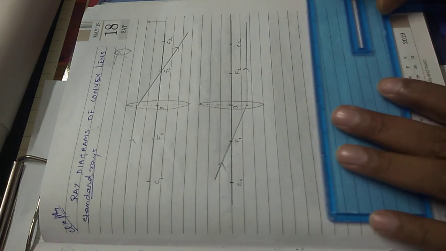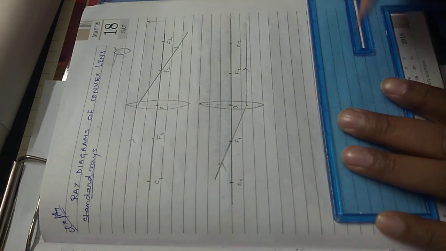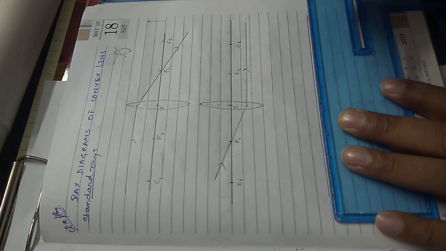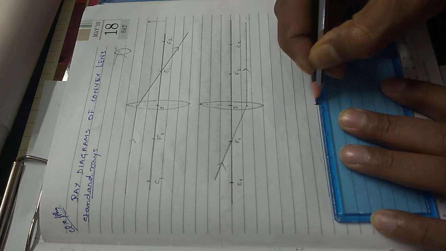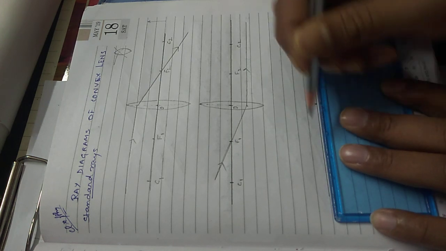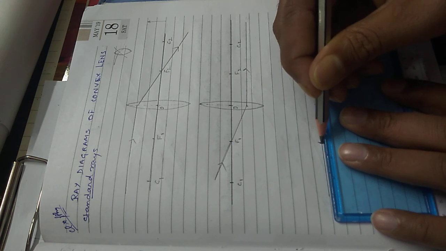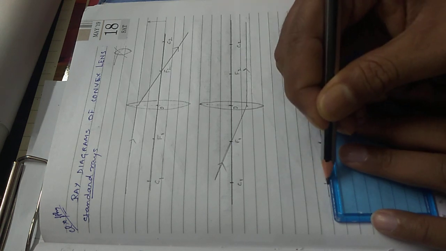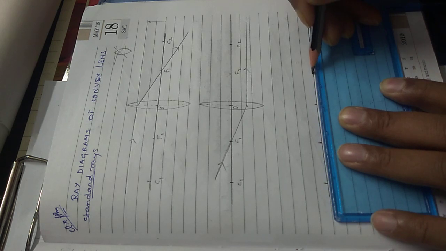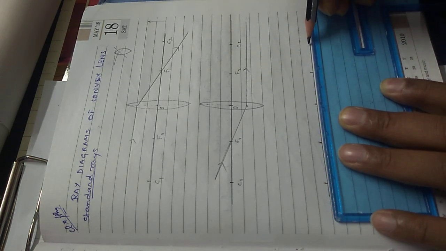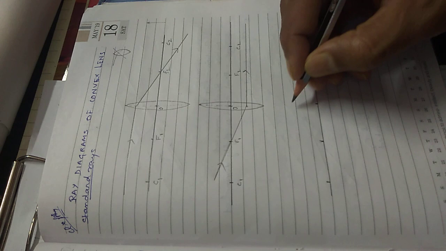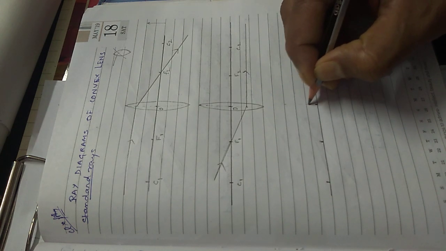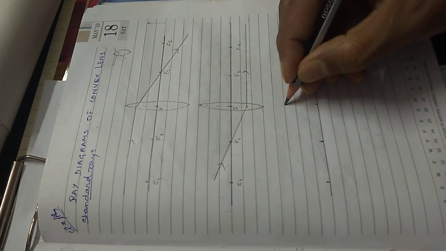Third standard ray, and I draw the axis, principal axis. Now before drawing the lens also, you can mark the positions. Like suppose you take O, then this side at 3 centimeter you mark F1, and at 3 centimeter you mark C1. This side also at 3 centimeter you will mark F2. This side again 3 centimeter you mark C2. So you can make these markings beforehand also. Then there is the midline, 3 lines on top, 3 lines below.